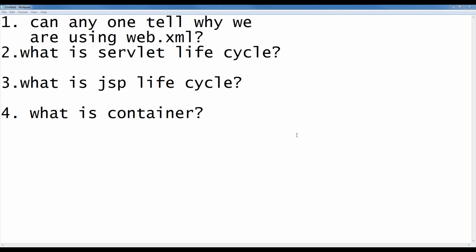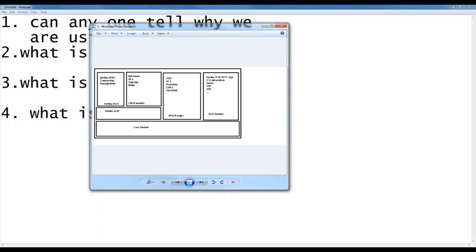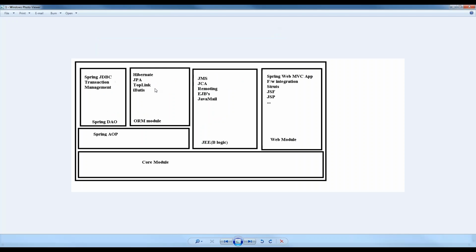Today I am going to give a small explanation about the Spring core module. Last class we saw the Spring structure and architecture, how Spring is laid out. This diagram shows Spring 1.x. In Spring 1.x, how many modules are there?